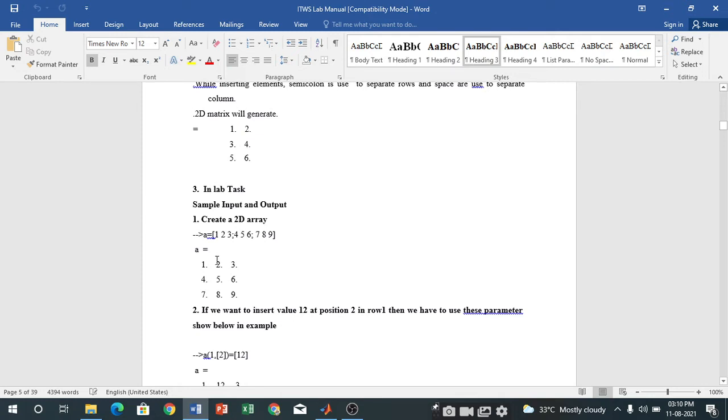So in row 1, we are going to add the number 12 at position 2. How do we specify the position?